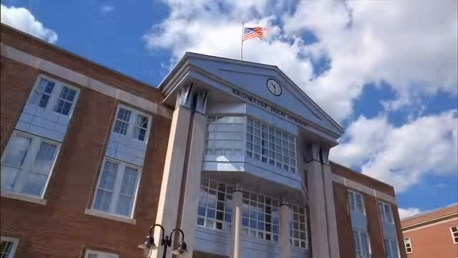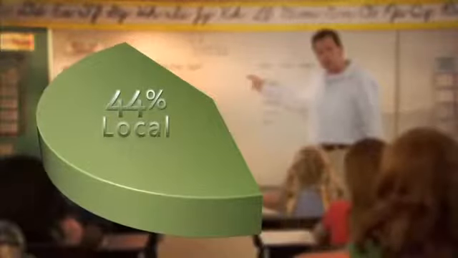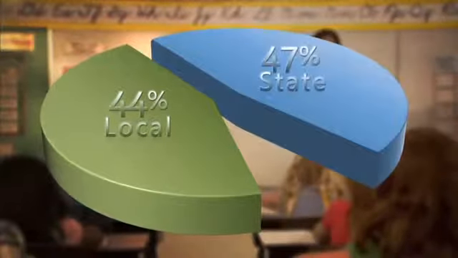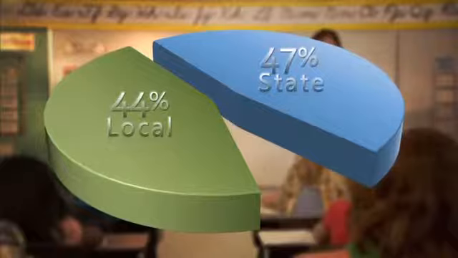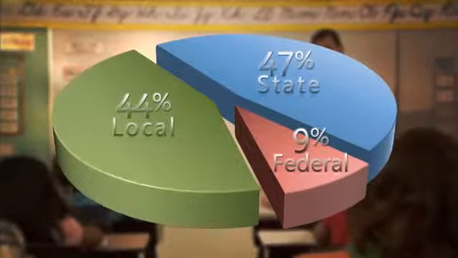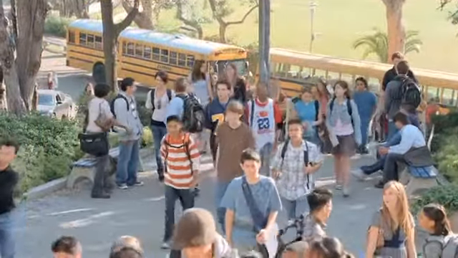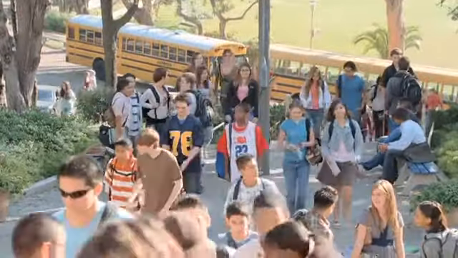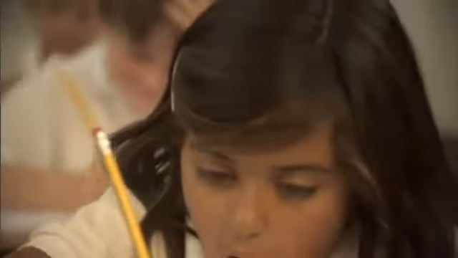So school districts get money from their local communities in the form of property taxes. They'll also get money from the state, and the state might give them money through multiple formulas. And then a portion, a much smaller portion, about 9 or 10%, comes from the federal government. So even if you tried to solve the problem at, say, the state level, there are these other funding sources that come with their own restrictions, which ultimately affect how the money gets used in schools.